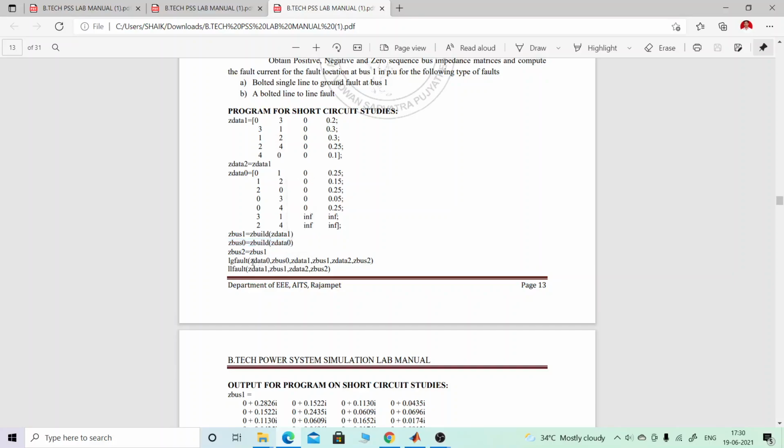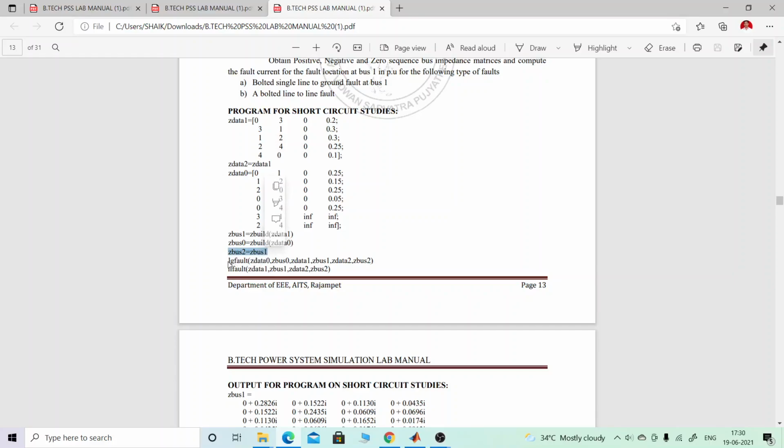And next, I am also assigning the positive sequence bus the same as the negative sequence bus. That's Z bus 2 is equal to Z bus 1.